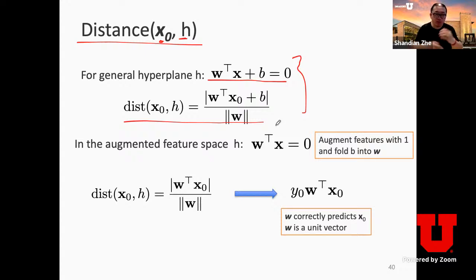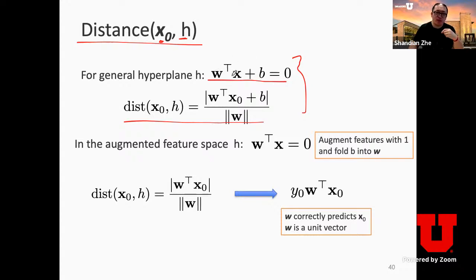So how to derive this formula? I will leave it as an exercise for you. You must have learned this before, right? You can try to rederive it by yourself, practice calculus, or you just open the textbook and review. It's a good thing. So basically, distance is calculated by first evaluating